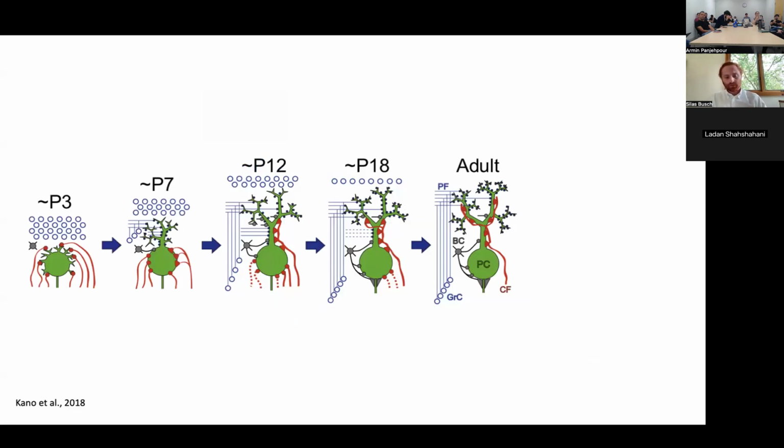So in particular, we focused on the climbing fiber input, and that was because of what we knew about how the one-to-one relationship develops in the cerebellum. So early in development, an individual Purkinje cell, in green here, receives many, 7, 13, 15, climbing fiber inputs on its nascent somatic structure. And as little growing dendrites start to form, the climbing fibers compete with each other for synaptic territory,